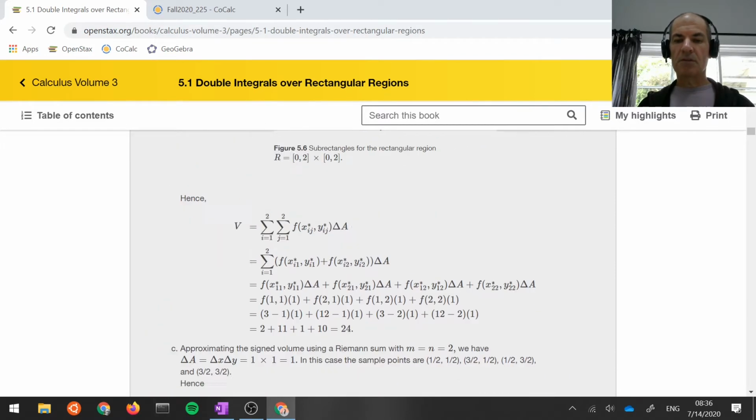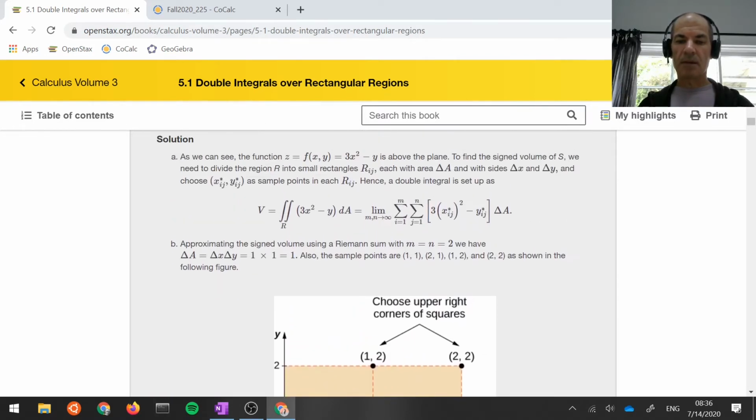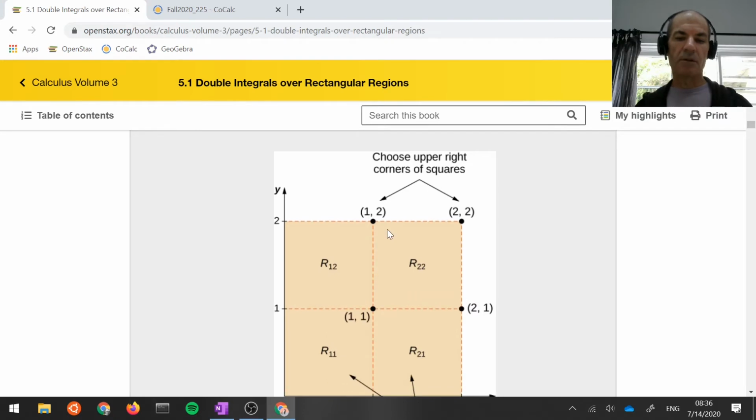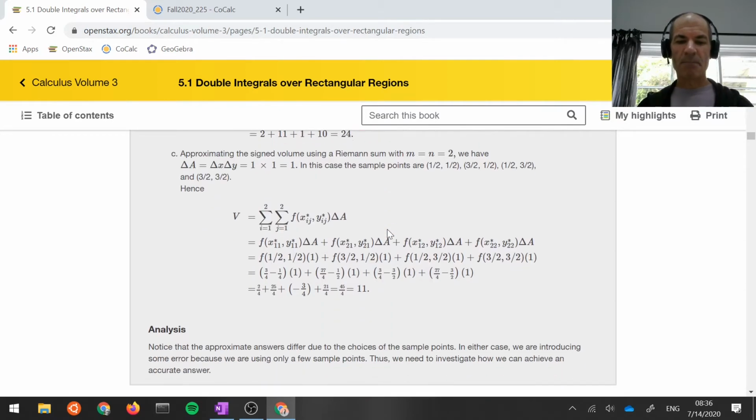And if you were to do this exactly, which we'll talk about in a minute, you would get presumably a number close to 24, although maybe not such a great number, because using just two subintervals and using the upper right point as the sample point is not the best strategy for getting a good approximation. Okay,